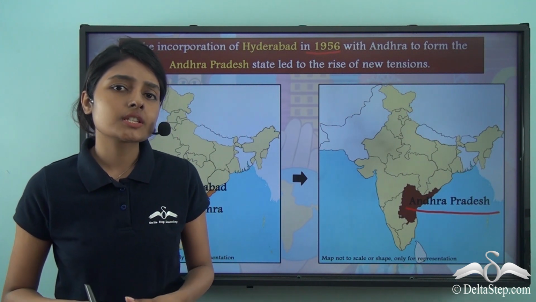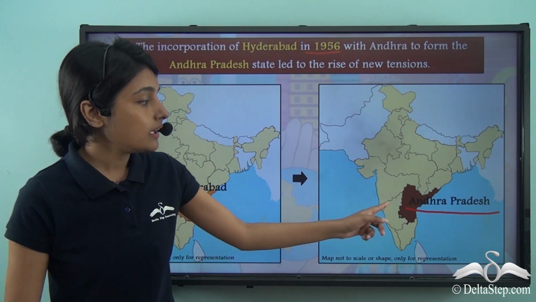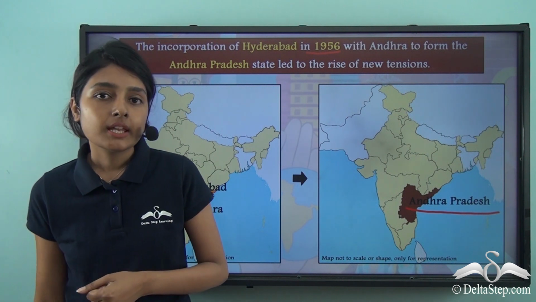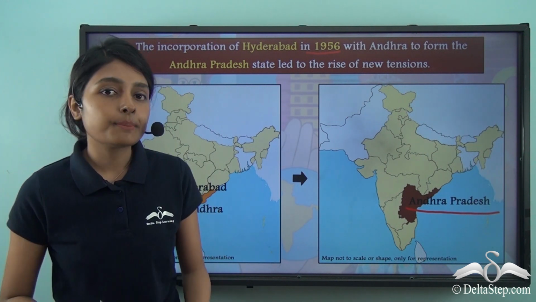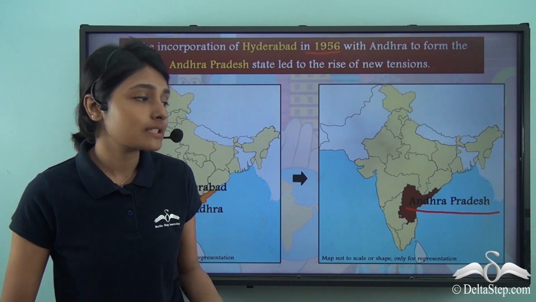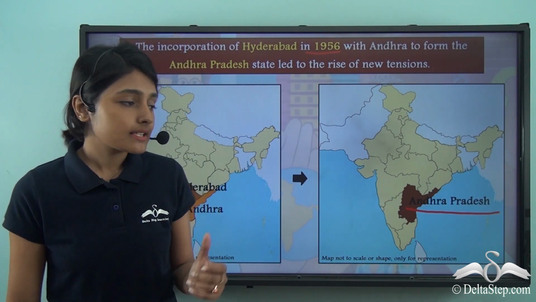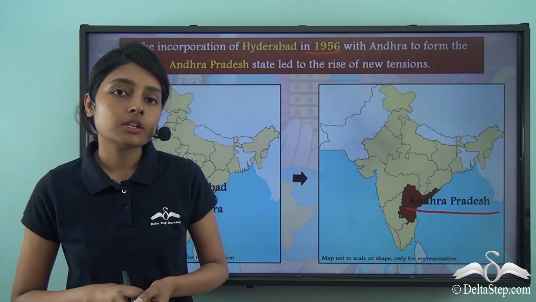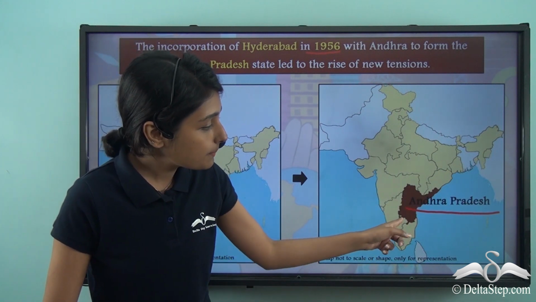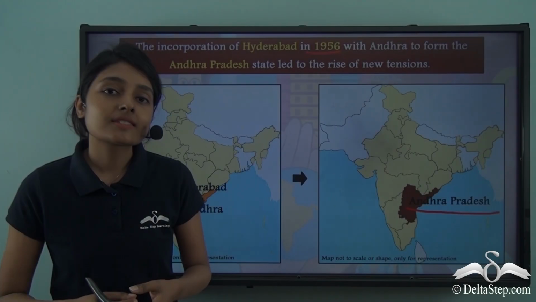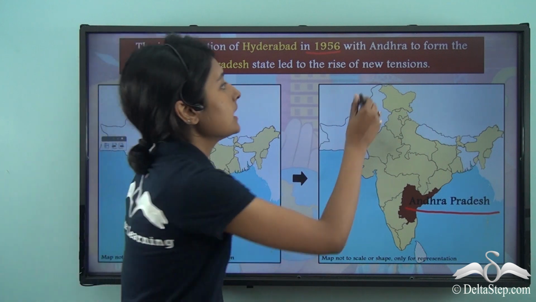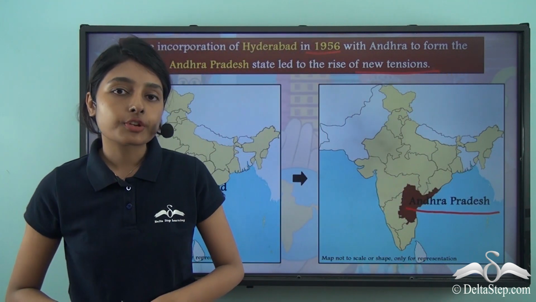But issues and tensions now surged even more when this Andhra Pradesh was formed by joining Hyderabad with Andhra, because here the Telugu speaking people in the Telangana region now found it very difficult to somehow assimilate into this region, because these people of the Telangana region who spoke the Telugu language lived very different lives from these people who lived on the coastal regions. And so there now came an issue of assimilation, which is why further tensions now arose in Andhra Pradesh.